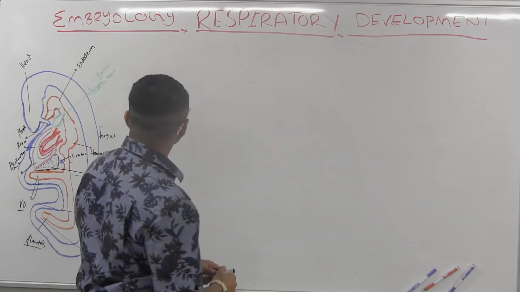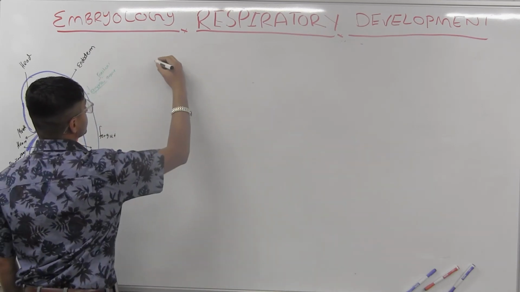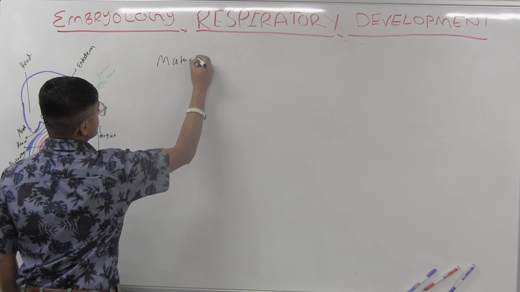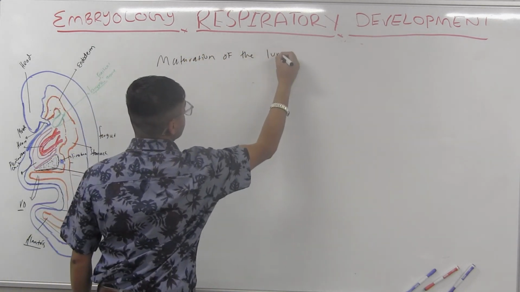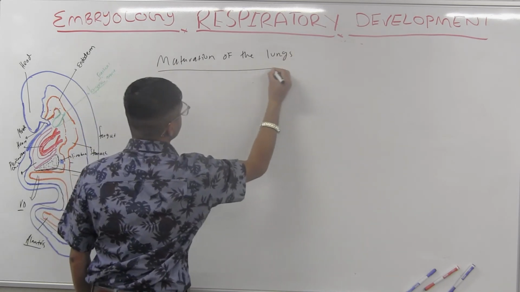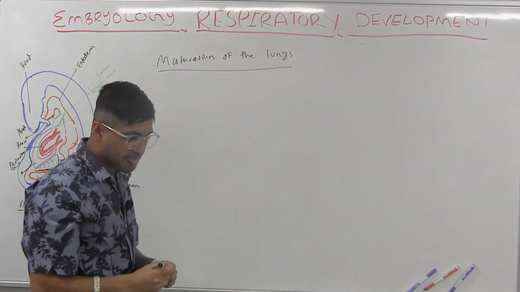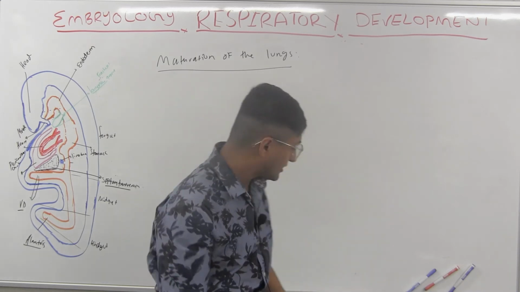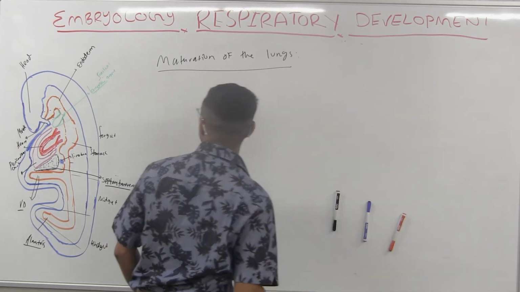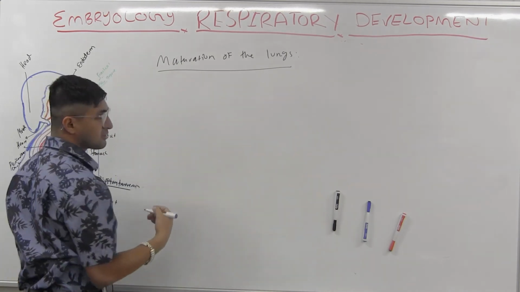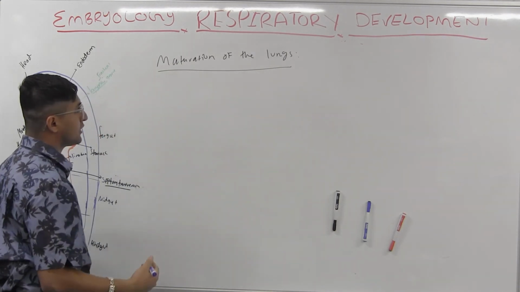Okay, so we'll just talk about the maturation of the lungs now. How the lungs mature is a very, very important concept. Remember how I was talking to you guys about the first thing that happens? Let me look at the diagram actually. So the way the maturation happens,